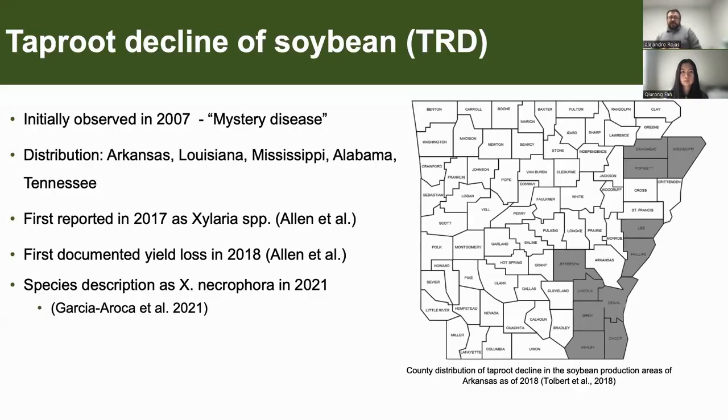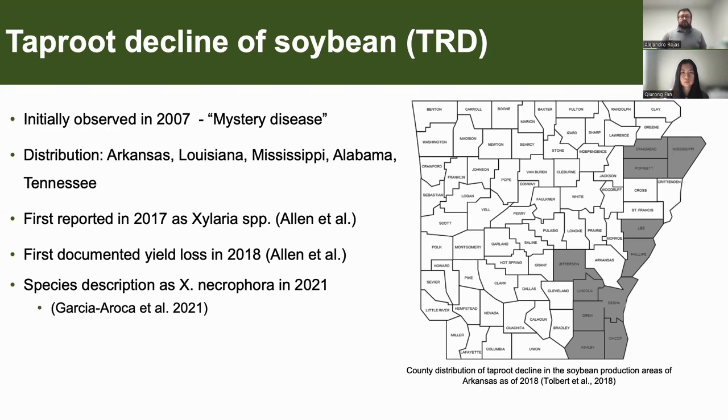So taproot decline of soybean is a new disease, or sort of new, that is affecting soybean in the Southeast. This disease has been around for a long time, but we didn't actually have a name for it because we didn't know the causal agent. So we didn't know the pathogen that was actually causing the disease. And the reason for that is that the disease symptoms are very similar to other disorders or diseases that we